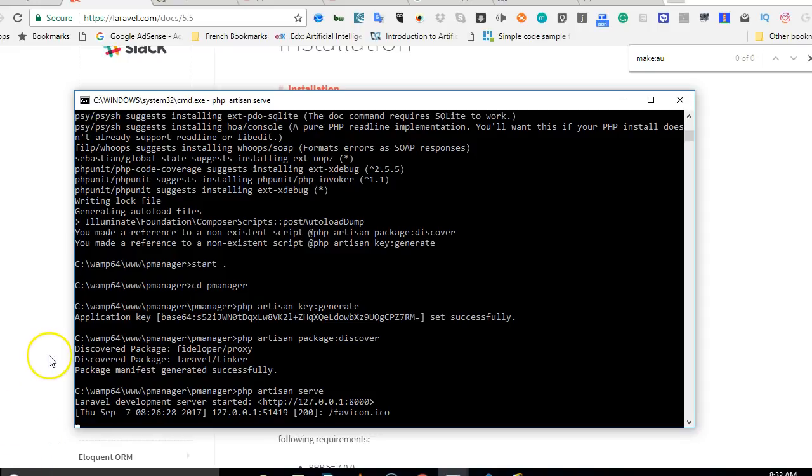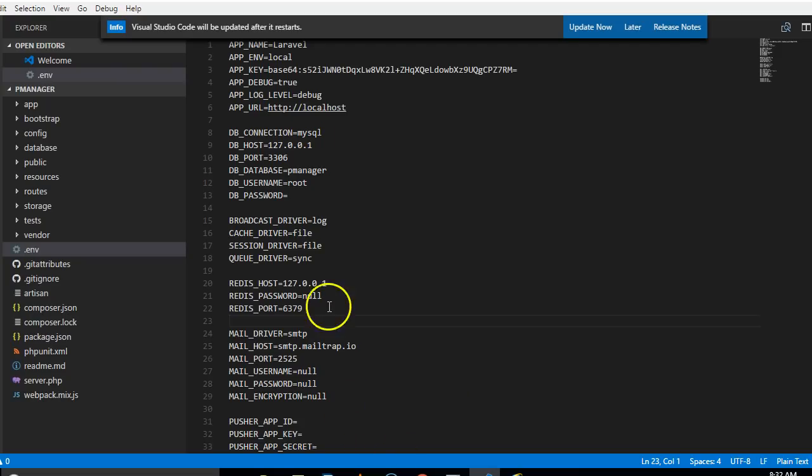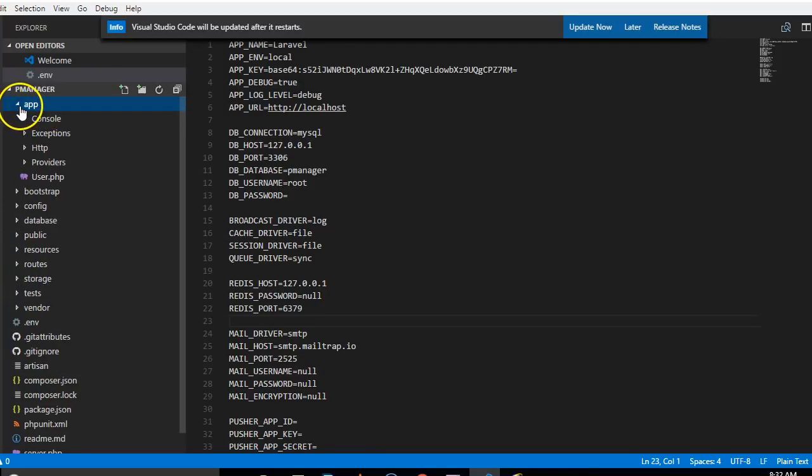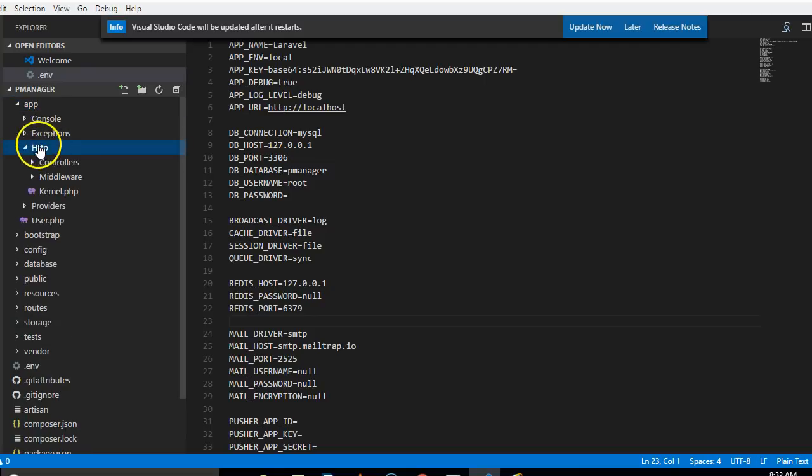A quick understanding of the folder structure of a Laravel 5.5 application will be of great help towards developing an application with this project. First of all, the first thing you notice is that there is an app folder. This app folder contains the primary logic for your entire application. So this is where you have your HTTP folder. This is one of the most important folders, the most frequent folder you'll be visiting in this